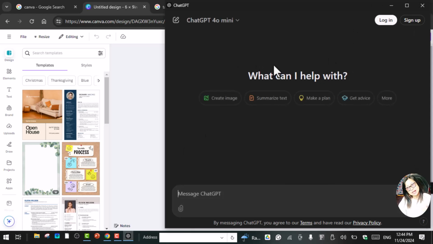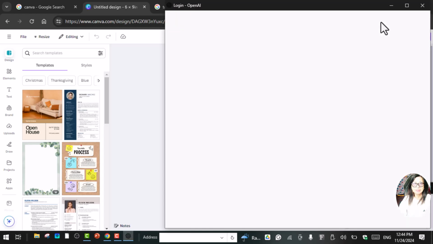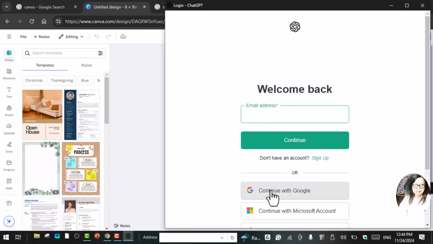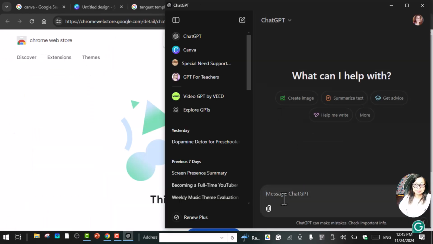Or if you don't have ChatGPT, yes, go ahead guys, it's free, you can go create an account. And I'm going to log in here since I already have an account. You can log in with your Google account, and just keep going. Okay, all right, so I'm going to ask ChatGPT to give me 10 subheadings of my book about